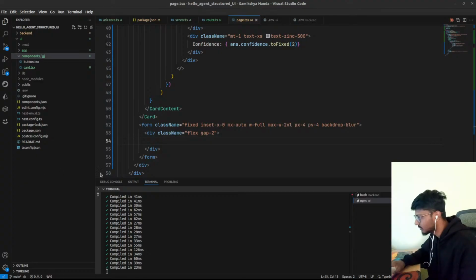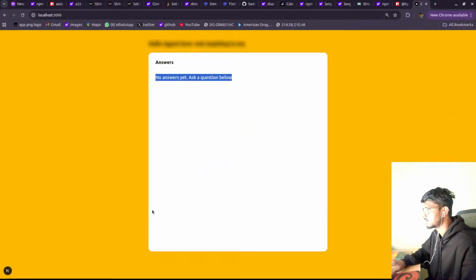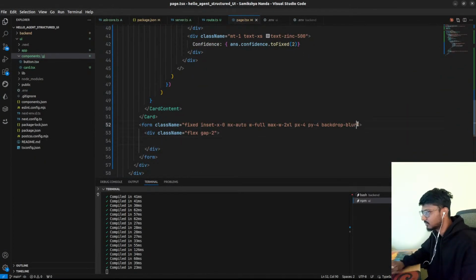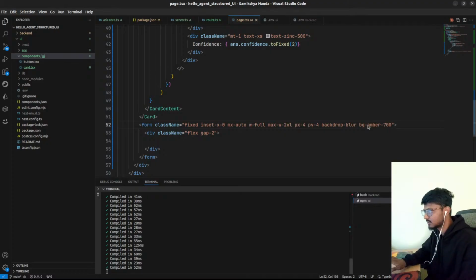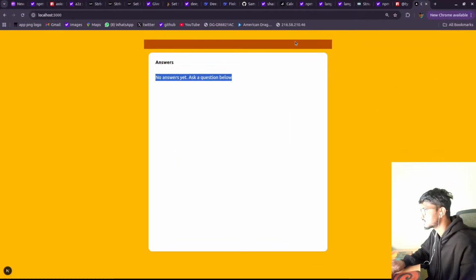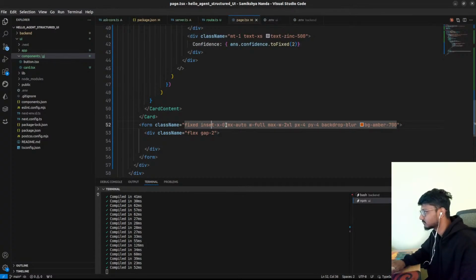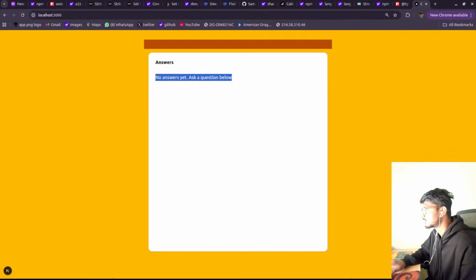Okay, so inside here if you see, this is where it will be. So if I change the color, you will be able to see it. So let's see this in action. So if I change the color of the form here, it is currently here, right? Oopsie. Anyways,